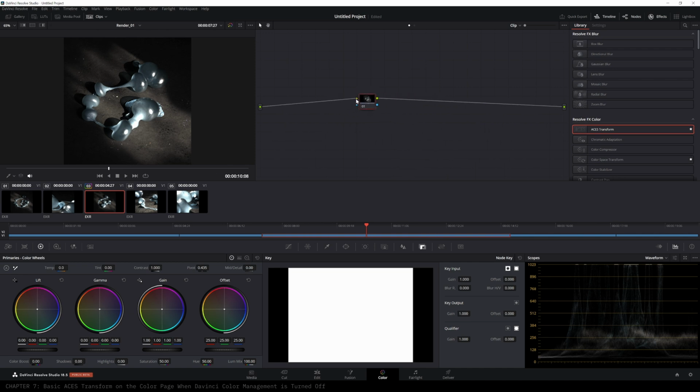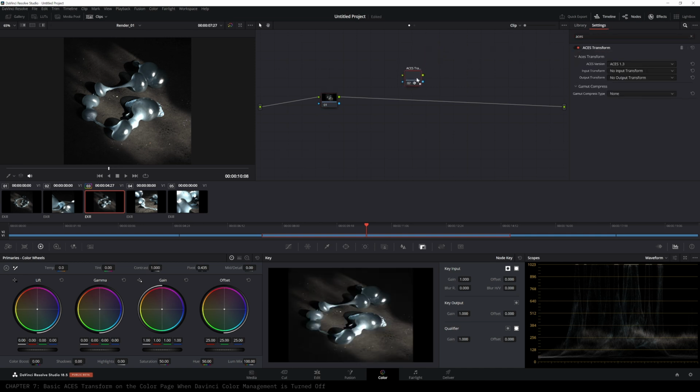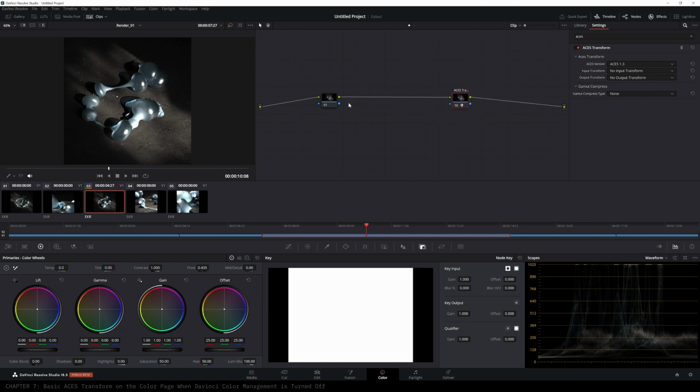So anything we put in between here, we can make adjustments on. If I do a search, I can just do ACES. So we pull up the ACES transform. I'm just going to click and drag this out to make a new node. And I can just drag this over this little line here until it turns yellow and let go. Oh, I didn't get it. There we go. Right. So in here, we have a very familiar looking setup where we have input transform